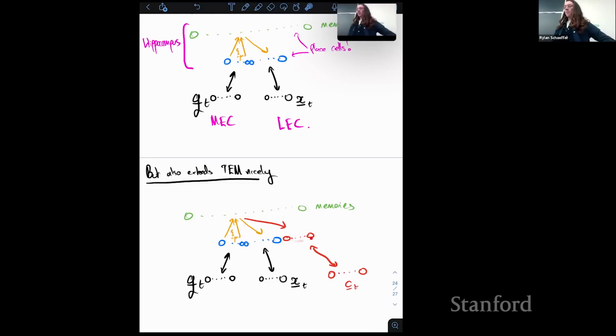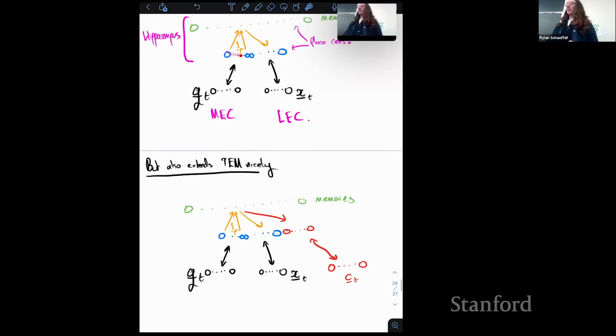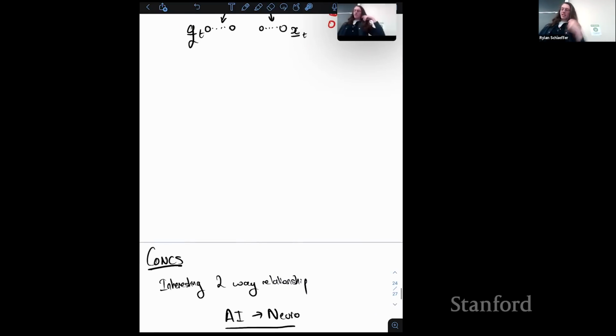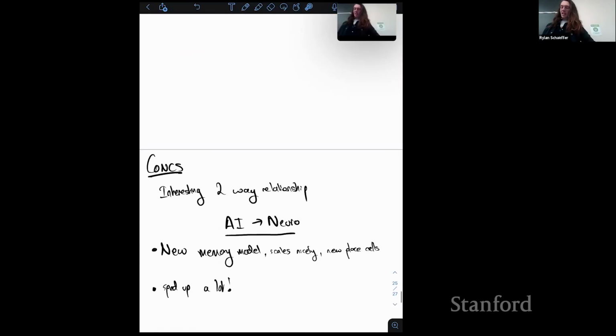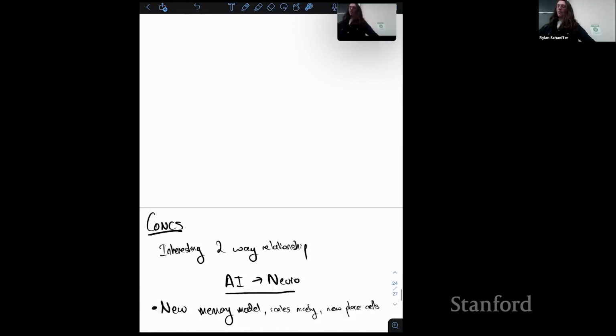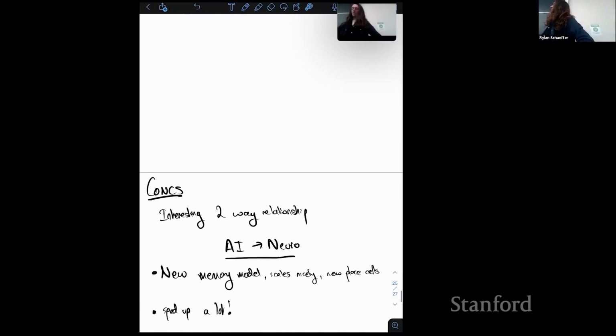And so this version of TEM with this new modern Hopfield network does scale nicely to adding a context input as just another input in what was previously this modern Hopfield network. Our conclusions are that there's a somewhat interesting two-way relationship from the AI to the neuro side. We use this new memory model, this modern Hopfield network, that is supposed to be in the hippocampus, whereas previously we just had these memory bits in the classic Hopfield network in the hippocampus. So it makes interesting predictions about different place cell structures in the hippocampus, and it just sped up the code a lot.